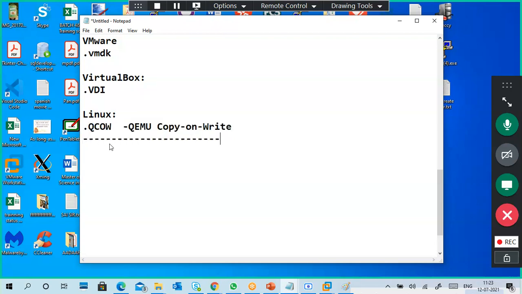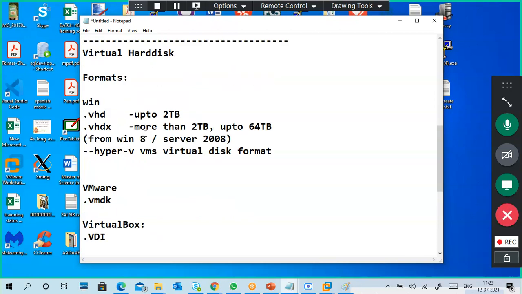Guys, got the point? What is this format? When you create a virtual hard disk, like any file, it contains a format, right? .txt, .doc, like that. Based on the format, it determines which platform it will work on. That's the simple thing.